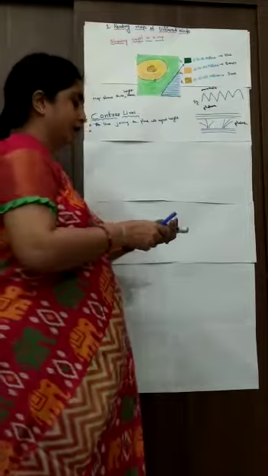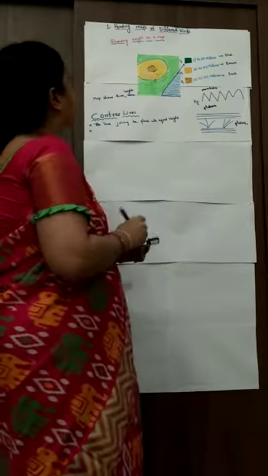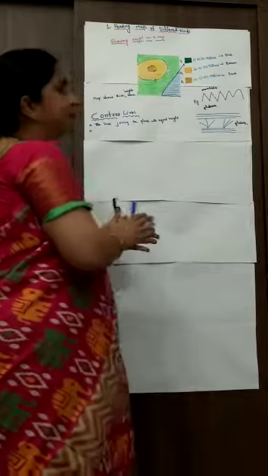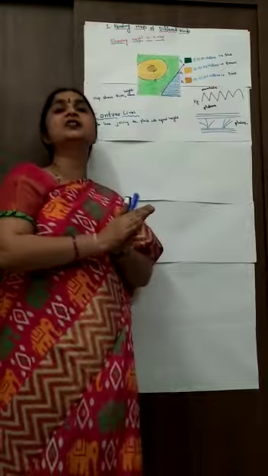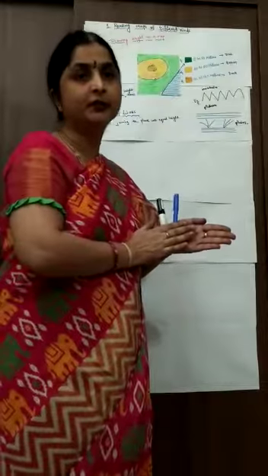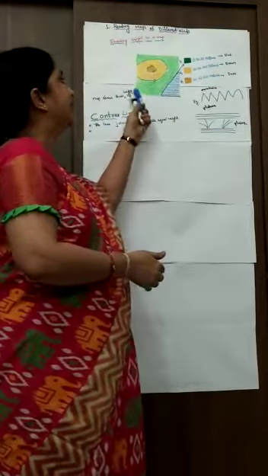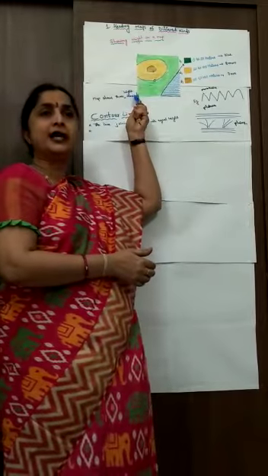Yes? So let us take the homework. The homework is: what is a contour line? What are the three zones of height? What colors are used in the three zones? And you are going to draw a neat diagram showing the height on a map. Yes, over.